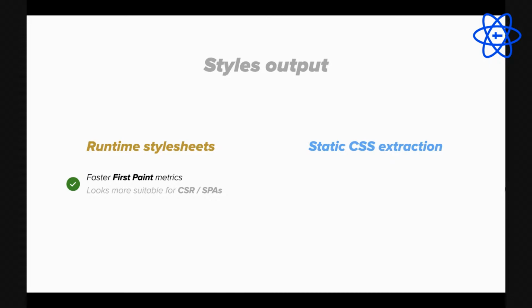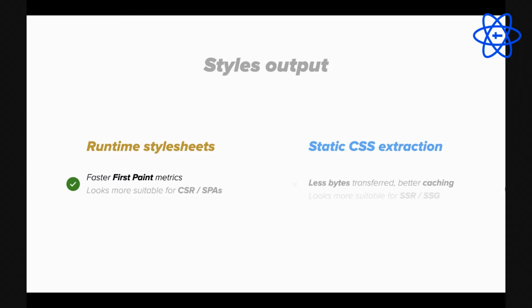And of course, we need fast first paint metrics in this situation, because we need to paint something to the user as fast as possible, because we need to fetch additional resources after the initial HTML file